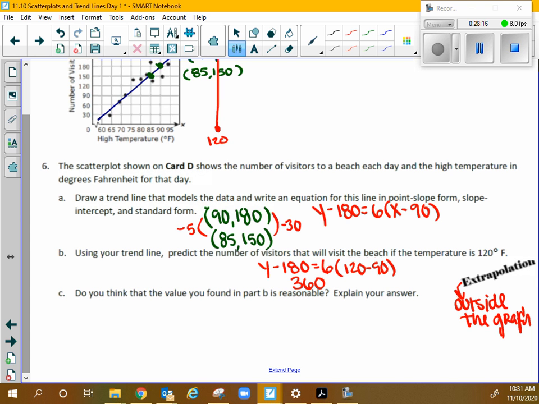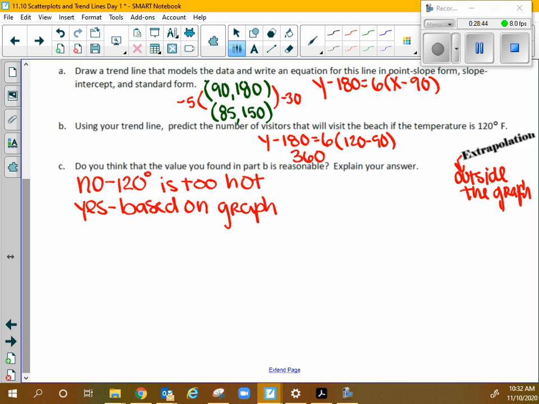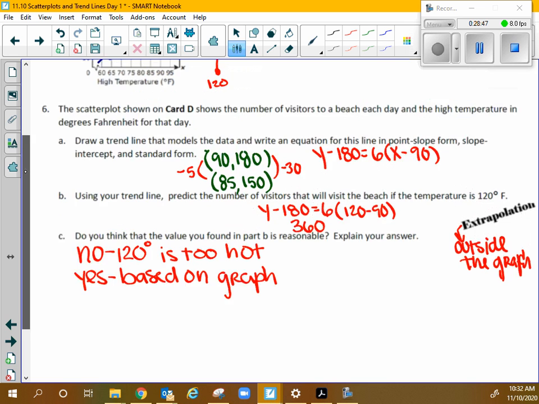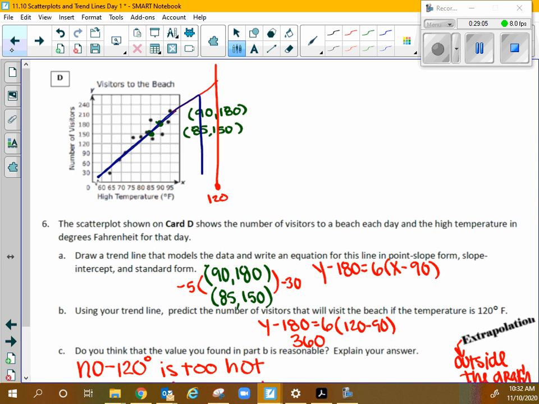Is that reasonable? Why? Okay. No, it's not. 120 degrees is too hot. Yeah. Okay. Would anybody say yes, though? Yes. Why? It's reasonable based on the graph. So again, we're hitting a scenario, real life versus graph. In reality, my graph would look a little something like this, right? Because nobody's going to be at the beach once it hits a point where it's not healthy to be outside. Okay? All right. So that